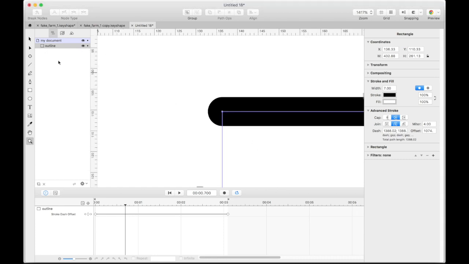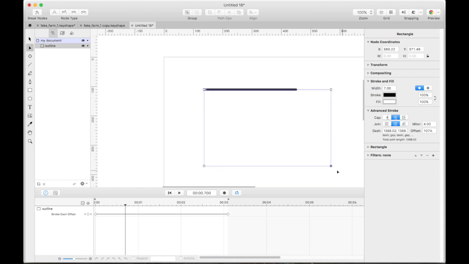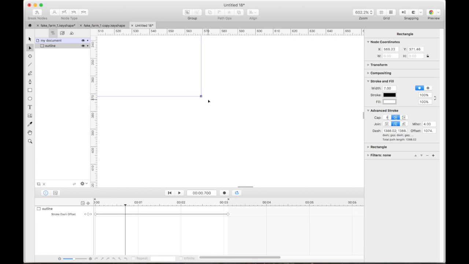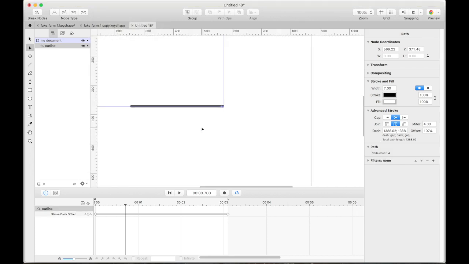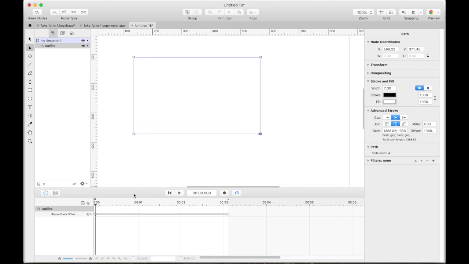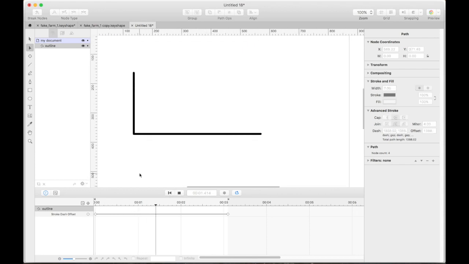It doesn't show up in Zoom, but you got to get back on the node tool, and then it shows up. But I'm not going to have it start up there. I'm going to do it down here. So I'm going to highlight this node with the A tool, click it, and hit set start node. Then I'm going to zoom back out and hit rewind. Again, I'd love a shortcut here to go back to the beginning. But now the start node is down there.